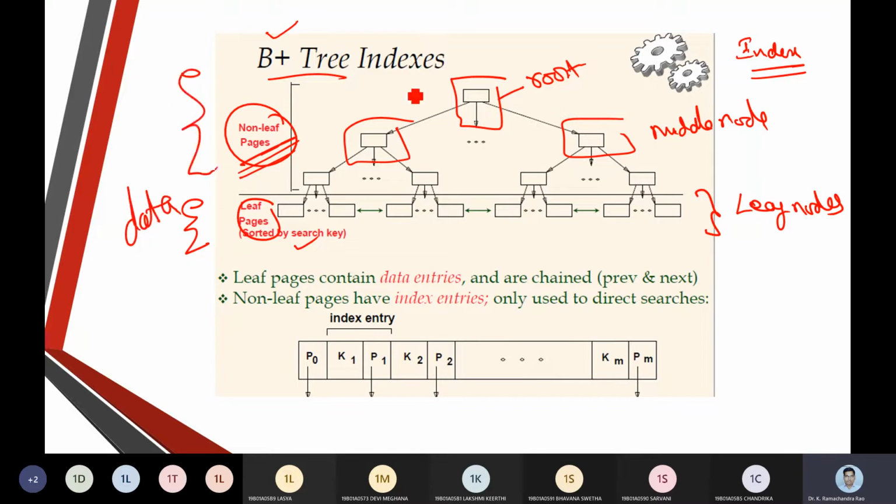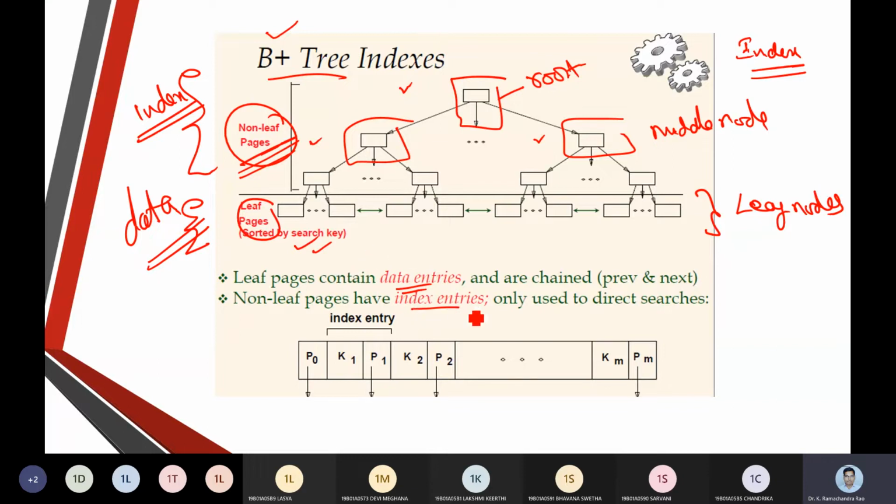When we are talking about the root node, or the middle nodes, these items we call indexes. One we call an index item, another we call a data item. So a leaf node is made up of data items, and they are sorted by the search key.